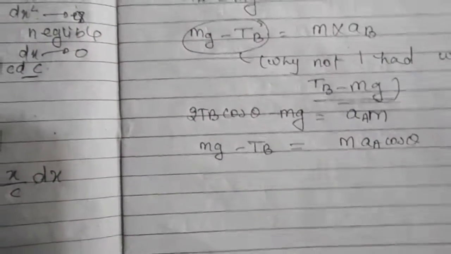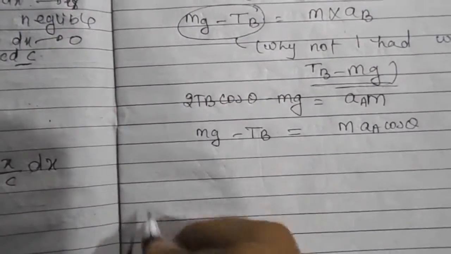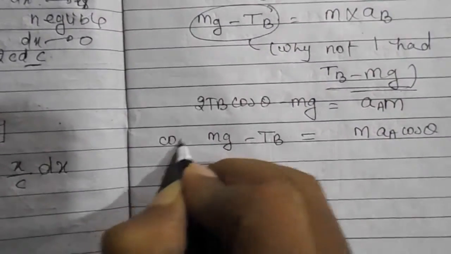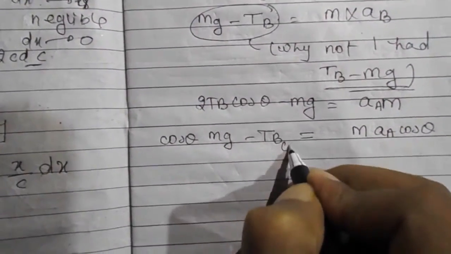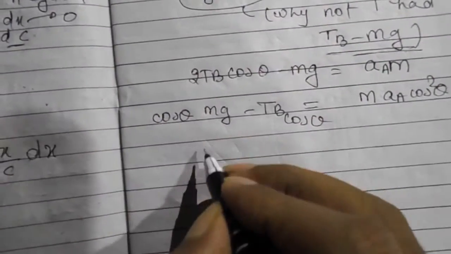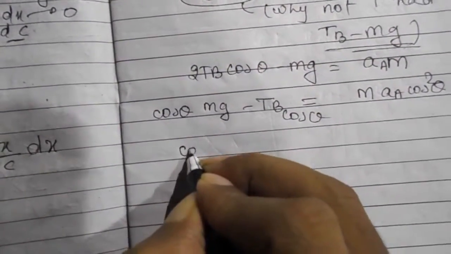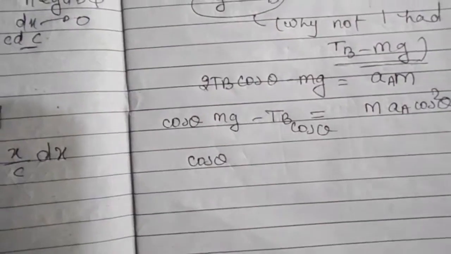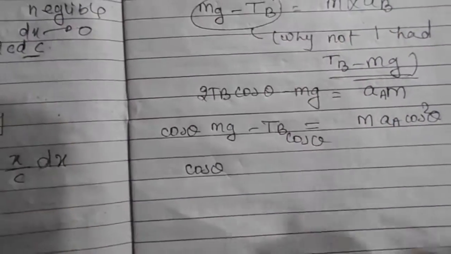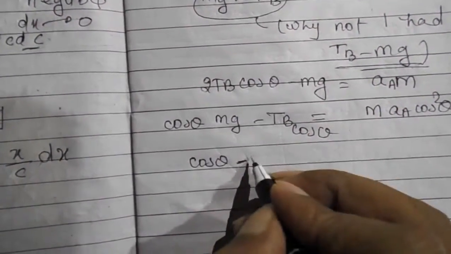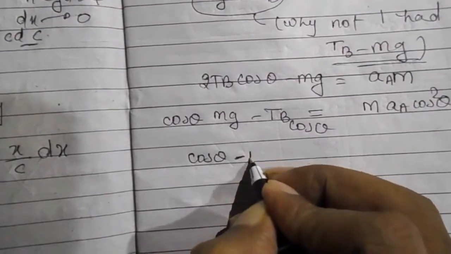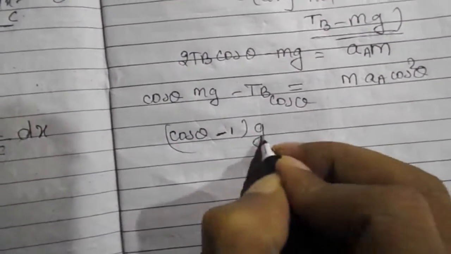Okay guys, if you look at this carefully, what can I write? Multiplying by cos theta gives cos square theta. We should add these two. Okay, what do I get? cos theta minus 1 times g is equal to